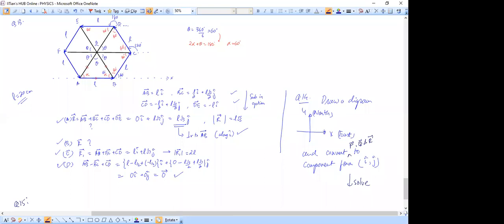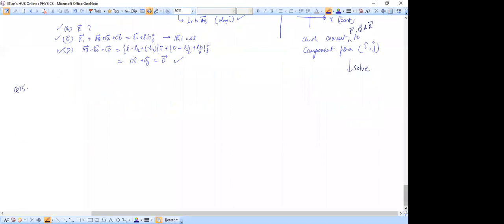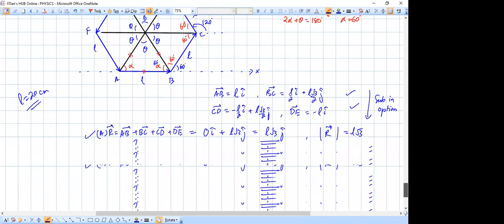Okay, so 15, let me explain to you. Okay. So 15 also we will do by using geometry. So draw an XY system and in that draw the vector A specifically. So vector A, what is given to me? It is given to me as I cap plus root 3 j cap.